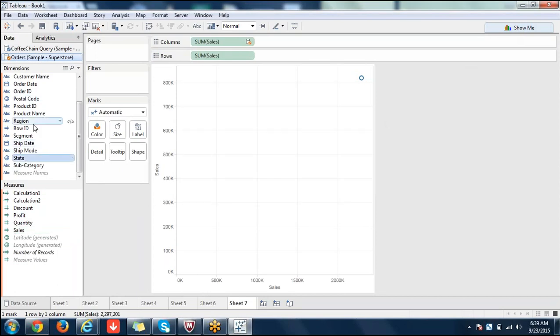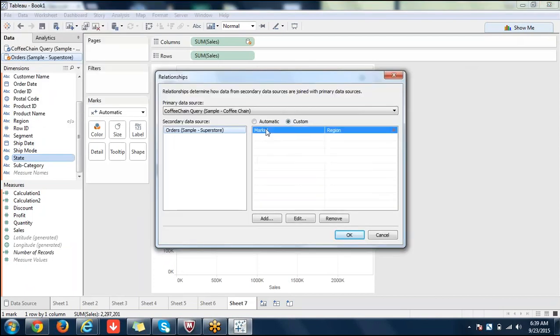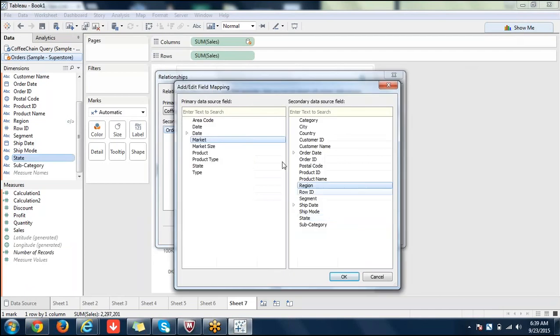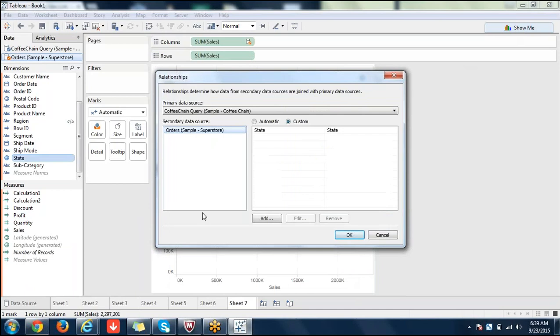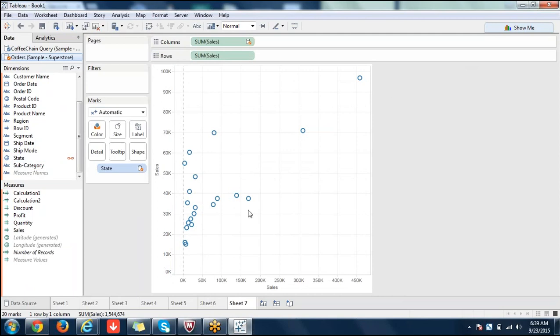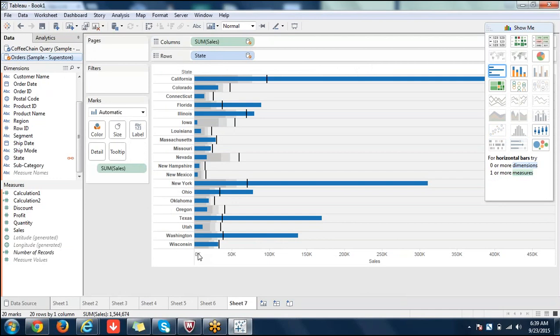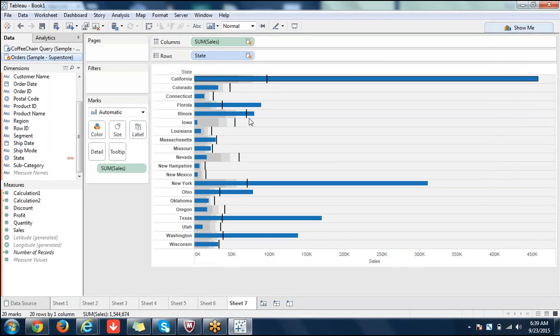Now I have to change the relationship. One minute. To display the state, I'm just changing this relationship here. Okay, for each state. And you can use a bullet chart to compare it properly now.